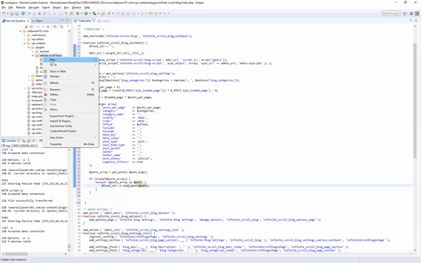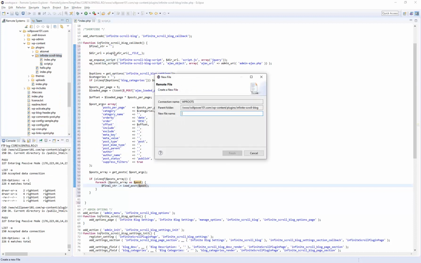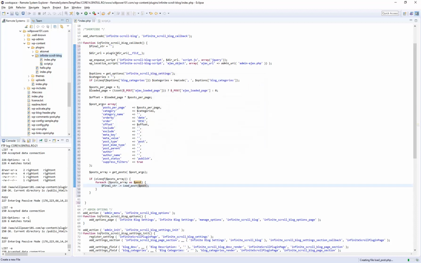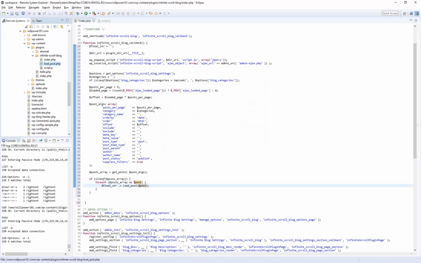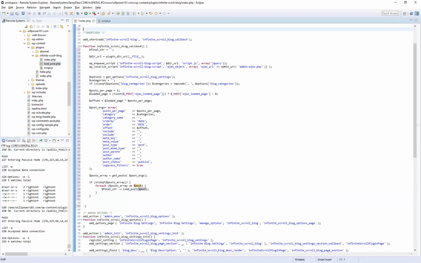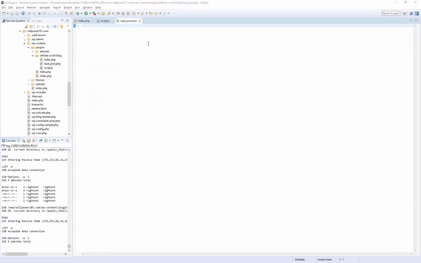So load post.php, and we're going to require once load post.php, and so in load post.php we're going to create a new function